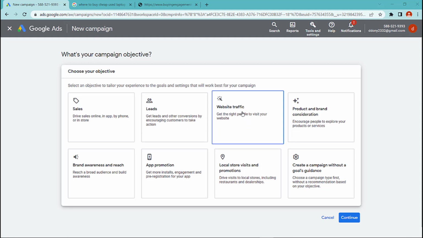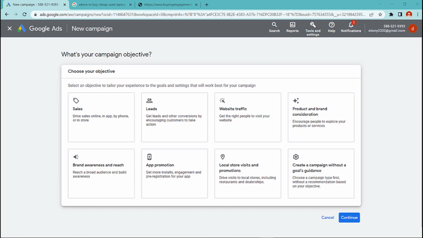Website traffic. If you want to drive more traffic to your website, you can choose the web traffic campaign objective. This objective is designed to reach a wide audience and increase awareness of your brand. It can be a good choice if you are looking to build brand recognition and get more people to your website.